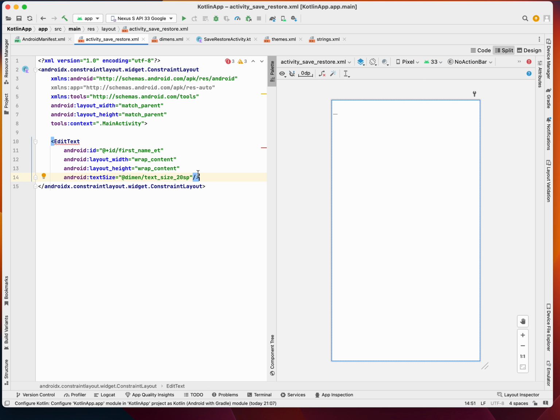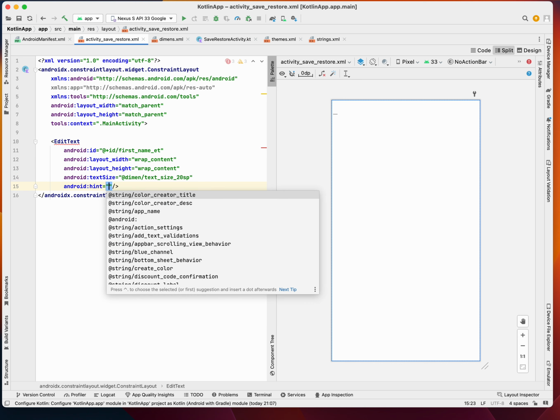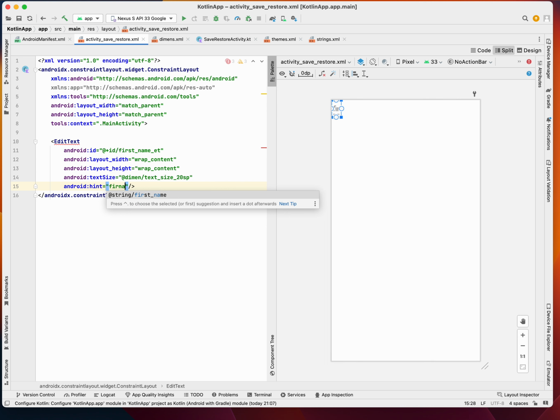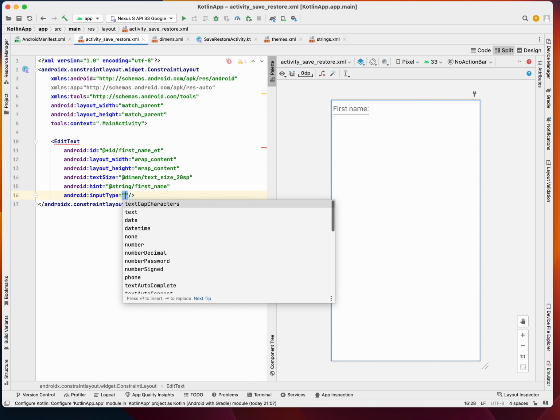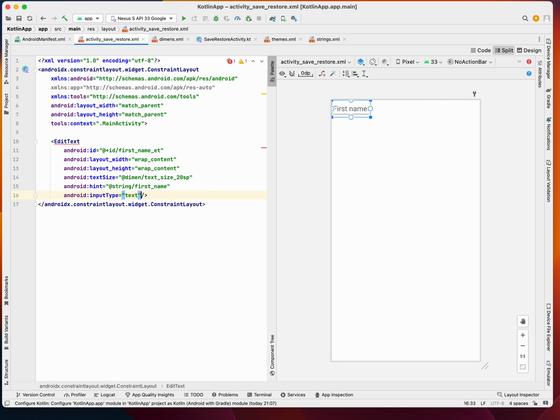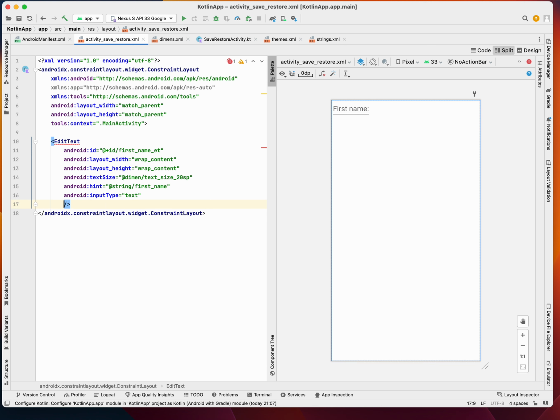And then what else, we also need the hint. The hint will be first name, and we will have an input type of text. Okay, and yes, we now need to define the constraint top to